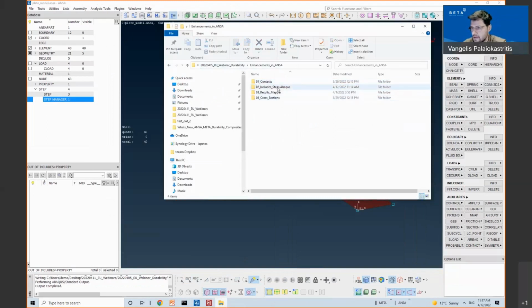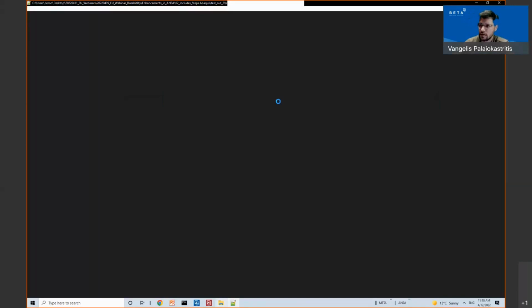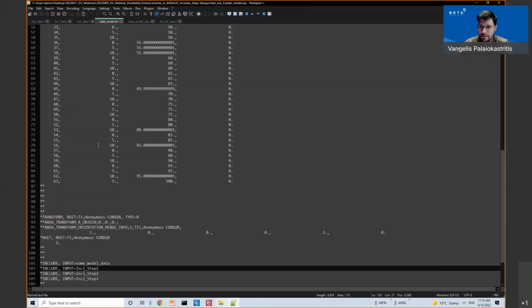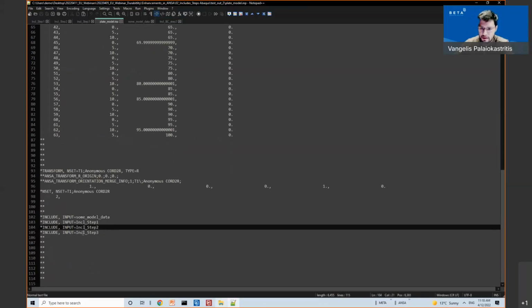Now, if I see what is written, I have the main file. The model data include is written first, and then the includes with the steps follow.